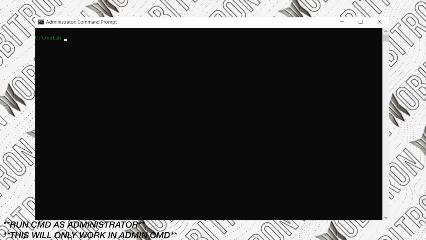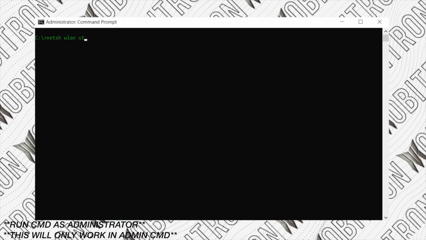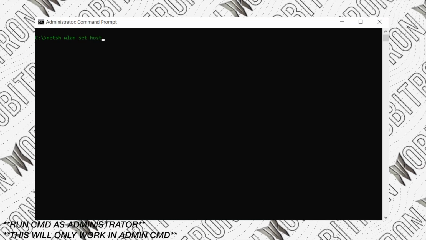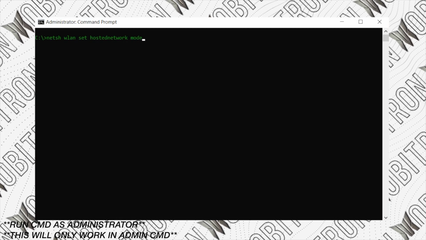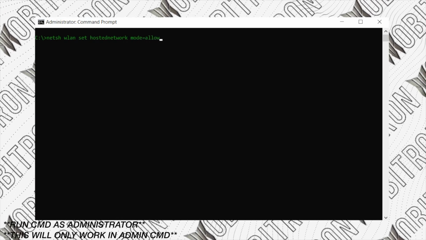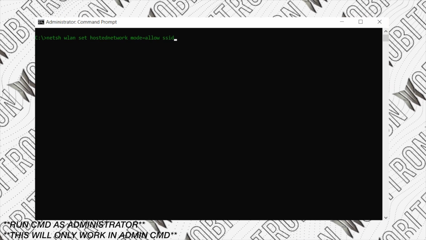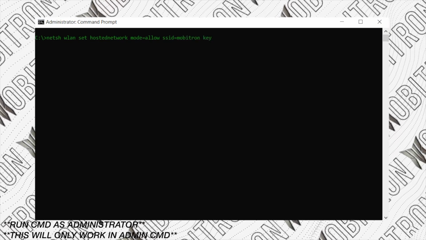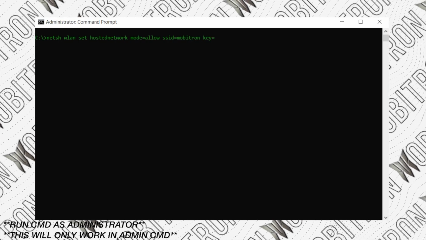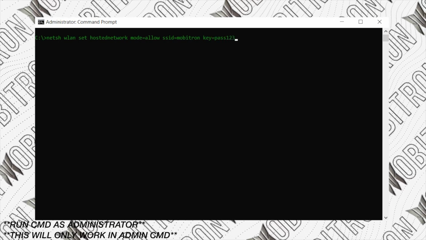Number 6. You can create a Wi-Fi hotspot on your PC by command prompt. For that, you have to launch command prompt and then type netsh wlan set hostednetwork mode=allow ssid= whatever name you want to write, like Mobitron123, and key= your password, 123.